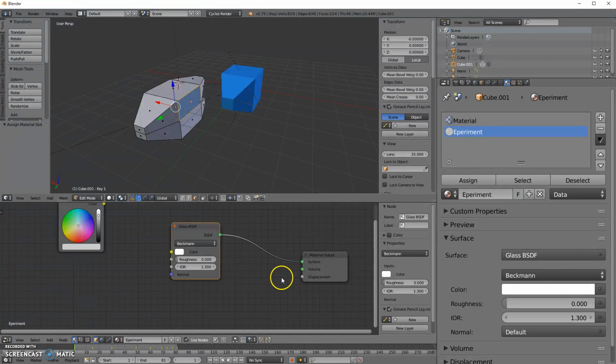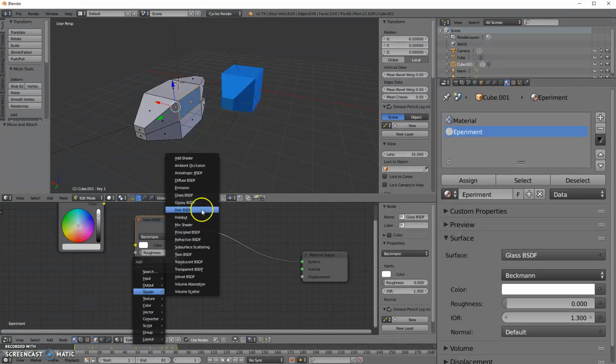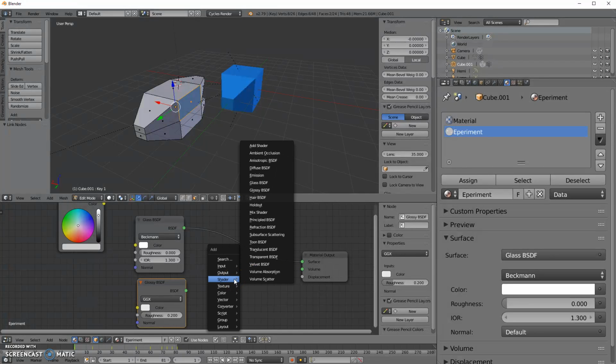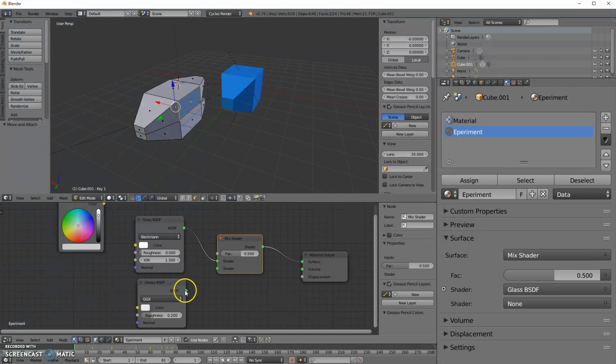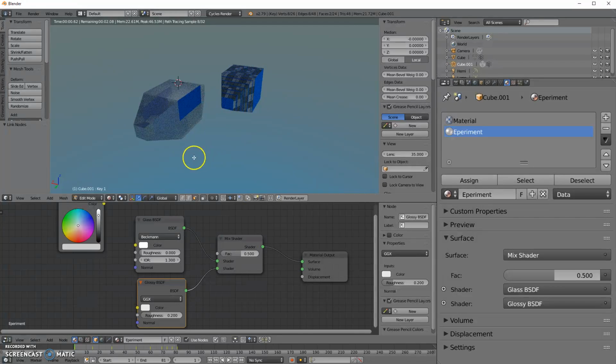We can get really complicated with materials. You can combine materials. So for instance, maybe you want something to be slightly transparent, but you want it to be glossy too. You could do Shift A, and you can add a shader. This one, let's say glossy, because I have glass there already. And I'm going to hook, well actually, there's only one surface, so I'm going to do Shift A. I'm going to go to where it has shader, mix shader, put this right in between them, plug both the shaders in, and then I can use this to blend between them. Shift Z to open up the renderer,